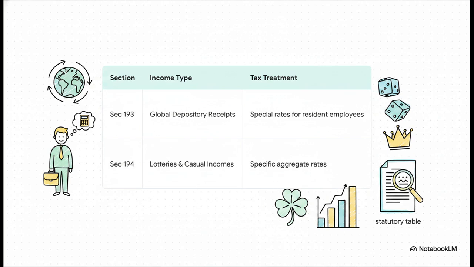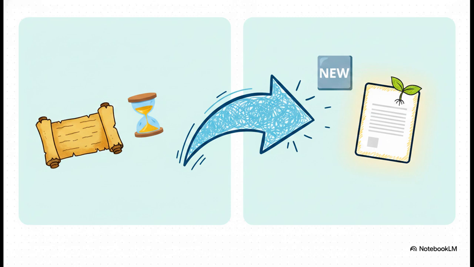Now, for all the tax professionals listening who are frantically trying to map the old law to the new one, pay close attention to this. Based on the new transition FAQs, here is the critical shift. Under the old 1961 Act, we had sections 115BBE and 158BC. Well, those have been reincarnated in the 2025 Act as sections 195 and 192. So Section 195 is your new home for unexplained cash credits and investments, which, by the way, are now detailed in Sections 102 to 106. Meanwhile, Section 192 is what handles the total undisclosed income of a block period found during a search and seizure.